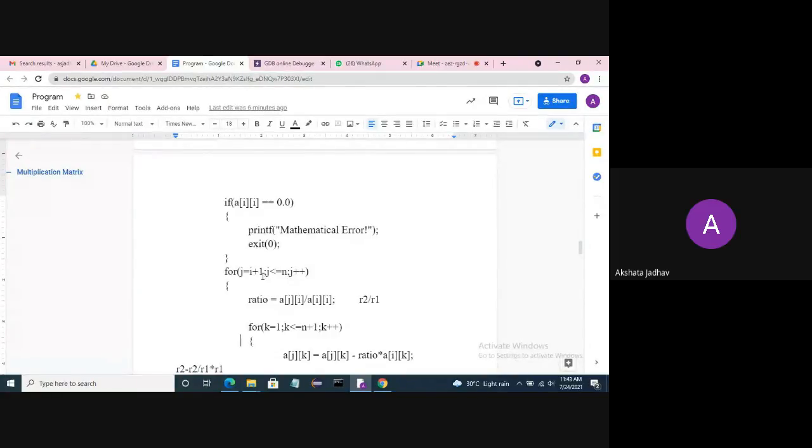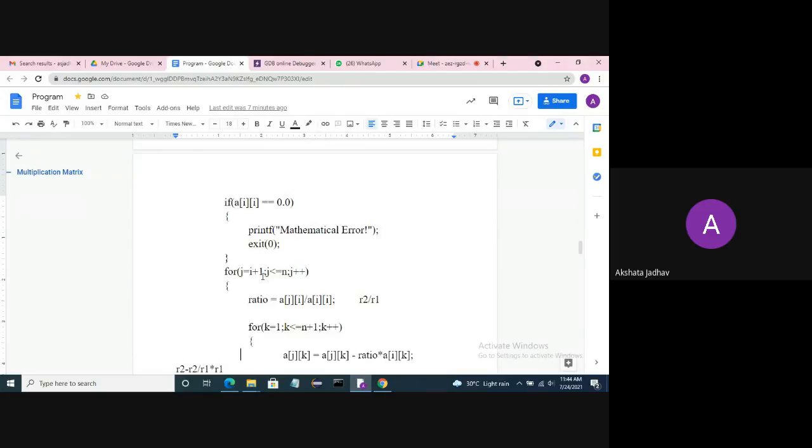If you want to take it as r, it is also okay. Ratio is equal to a[j][i], the j row and i column, divided by a[i][i], the i row. That is R2 divided by R1.